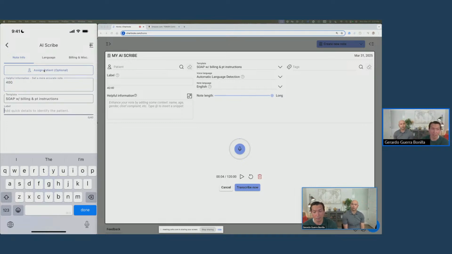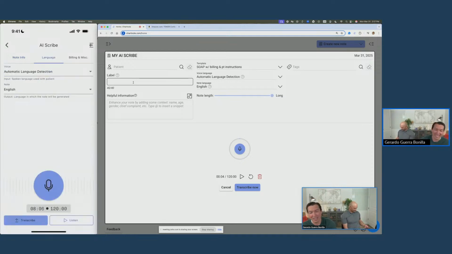Another thing that helps is this thing called label. Here's in the app and here's in the AI Scribe. So this will help you if you're not putting the name of the patient here or assigning a patient to a note. You can put something that will identify the note. It can be the room number. It can be the time that you saw a patient. I'm going to put my patient name. And does 40G mean guy or girl? Thanks for noticing that. A guy, no,